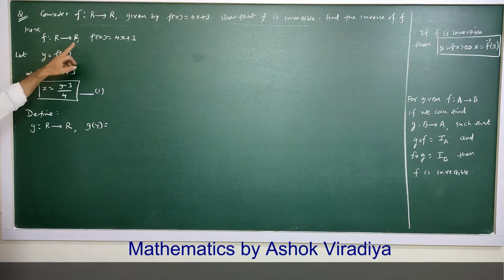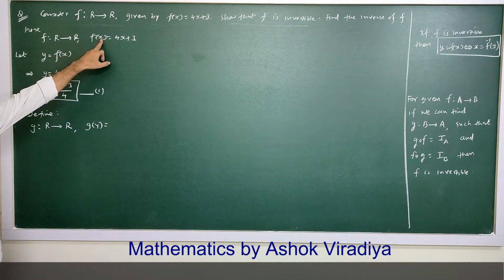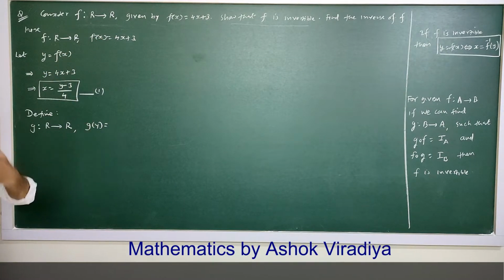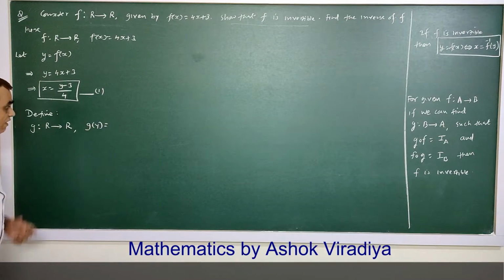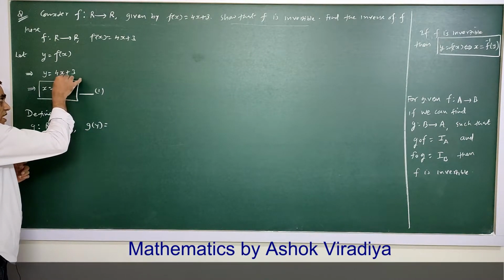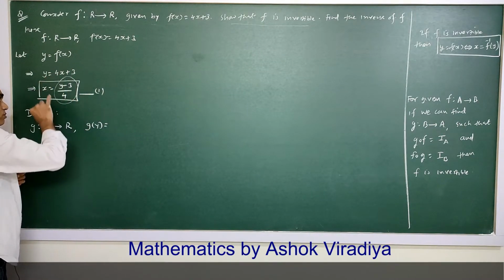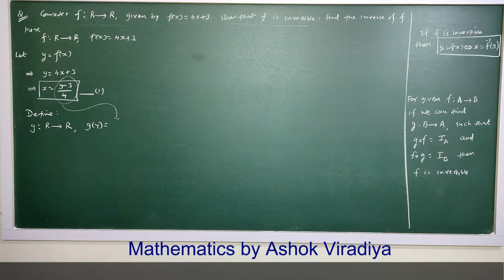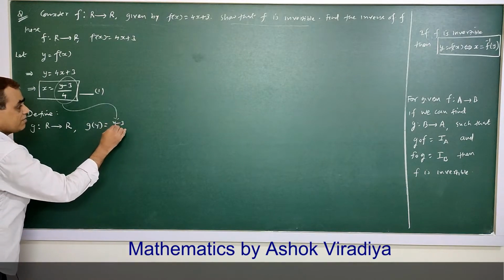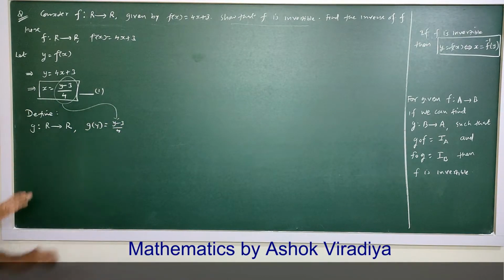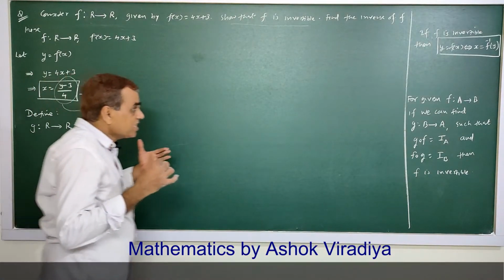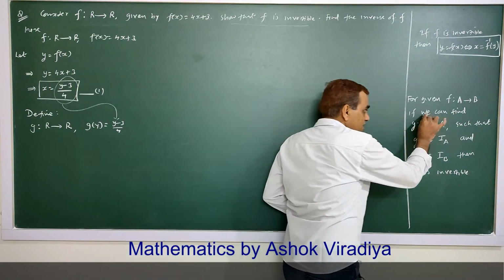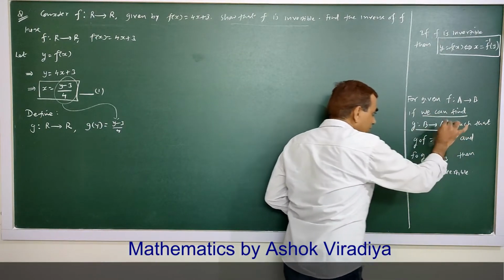For f we used x, for g we are using y. So g of y is, take this value and put here. G of y is (y minus 3) by 4. So a function is created. We have found a function,